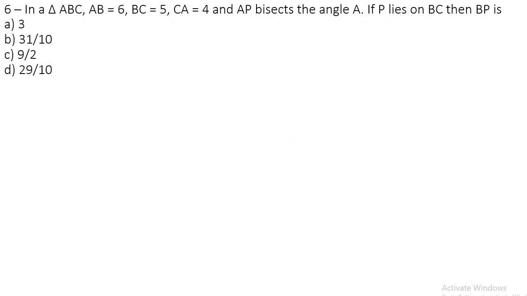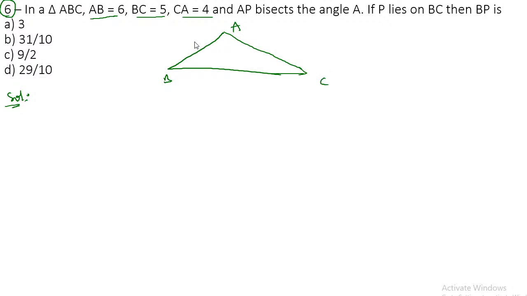So now the sixth problem. In a triangle ABC, AB is equal to 6, BC is equal to 5, CA is equal to 4, and AP bisects the angle A. So first let us draw the diagram. So A, B, C. AB is 6, BC is 5, CA is 4,